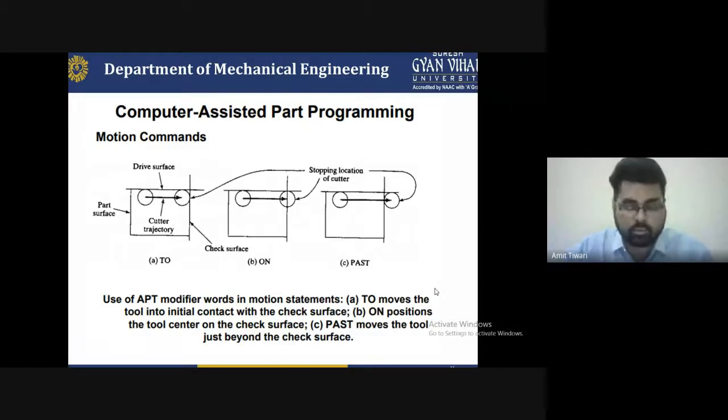So at that time we can say computer assisted part programming is very simple, but has some difficulty, and we have compromised on quality. Sometimes it will be said that yes, it has to happen like this, without improving the knowledge. First of all, you have to get an idea of how to write a part program, and how to write a motion command to move the tool from one place to another. So these are some techniques which are very important to understand first, and after that you have to identify what is best for maintaining the surface quality, the requirement of their function, and the requirement of the objective of this design of having life.